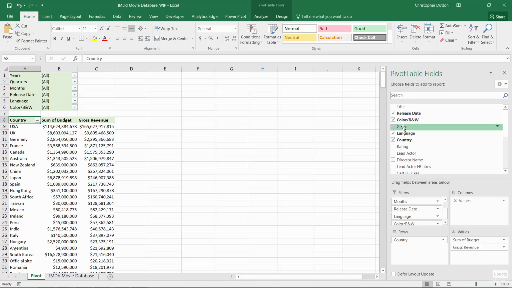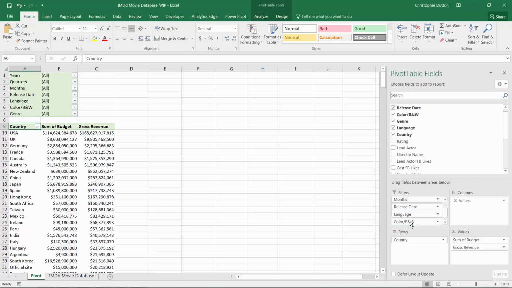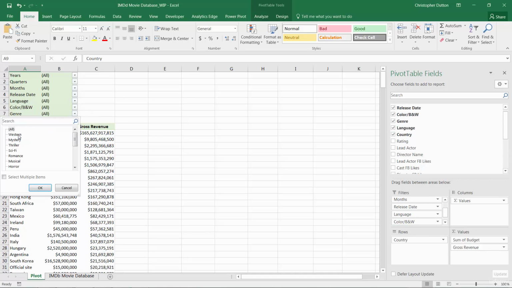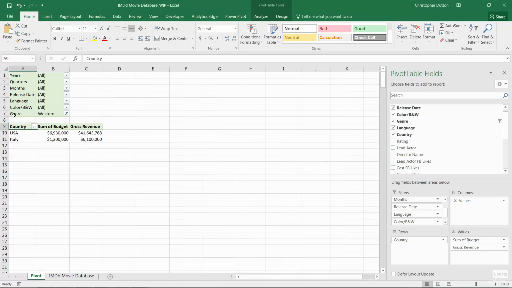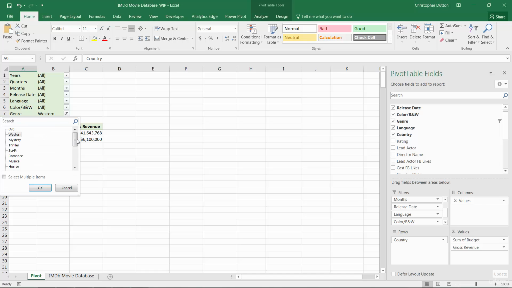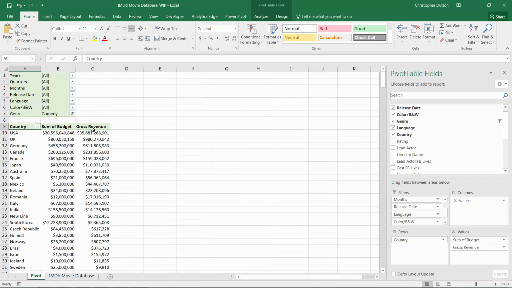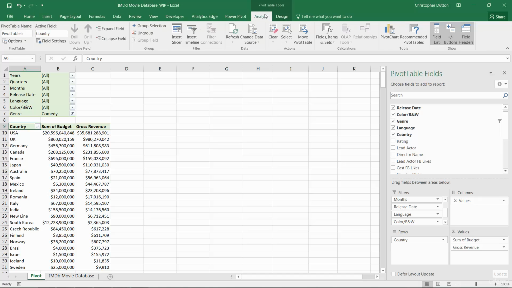So one way to do that would be to pull genre right here into the filter list and just make adjustments here and say, okay, among Westerns, there are really only 2 countries in the data set that produce Westerns. Going down to comedies, looks like the USA is the leader there, kind of similar order. So that's one option. The second option is to go into our pivot table tool Analyze tab and insert genre